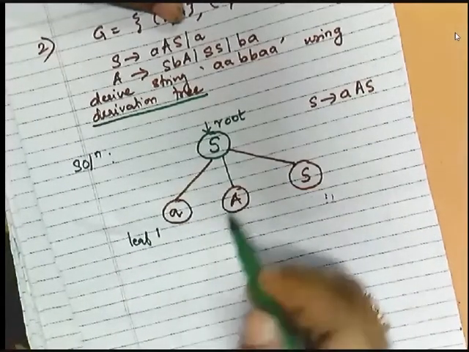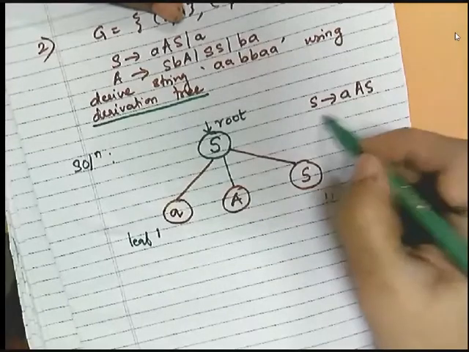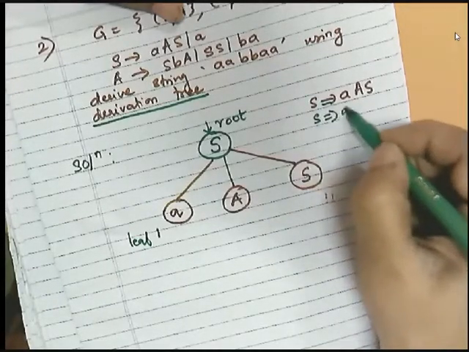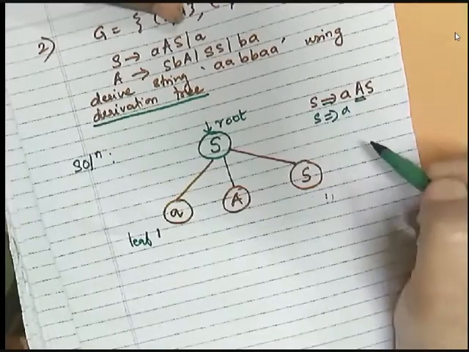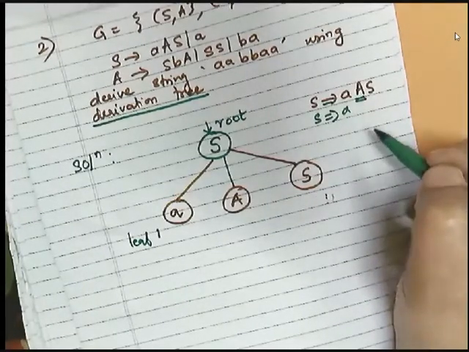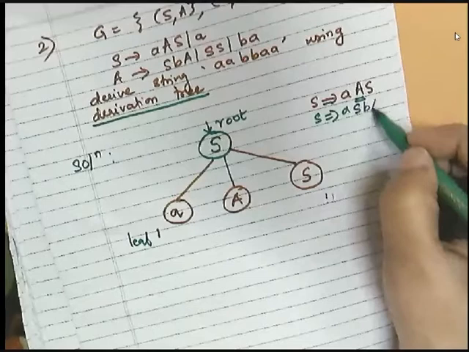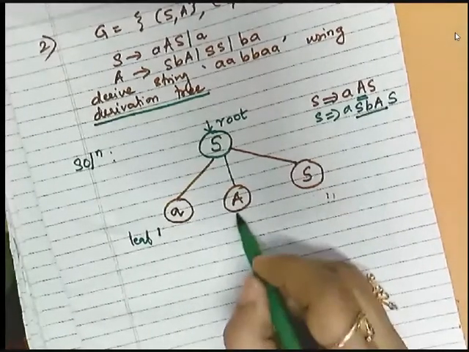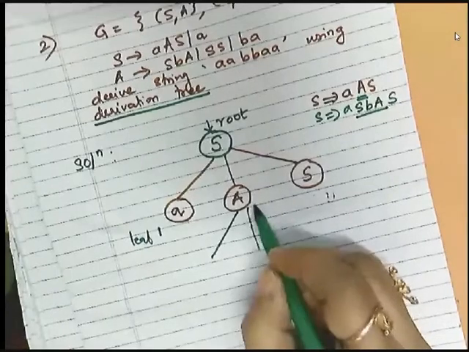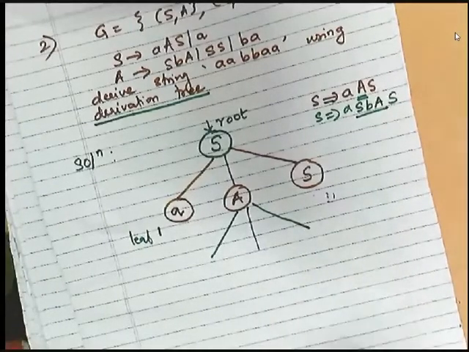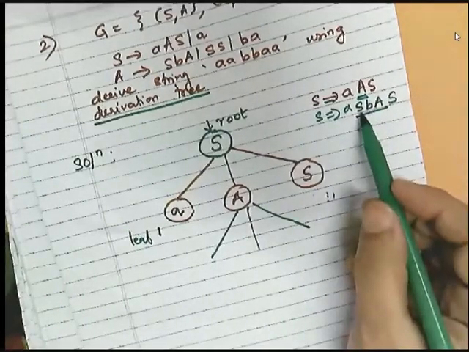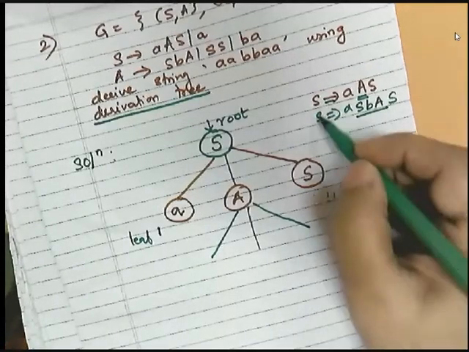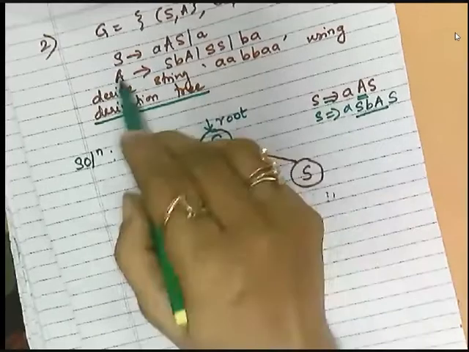So this is our leaf 1. Now the next rule which we have used was, S produces A, and we have replaced this A with the help of which rule? A produces SBA, if you recall, and then S. So again we need to have the next label for this tree. So this is X1, X2, X3. Okay. Yes, A produces SBA.